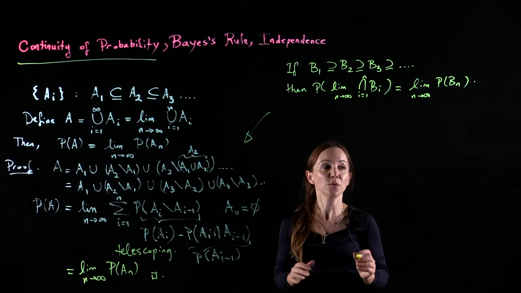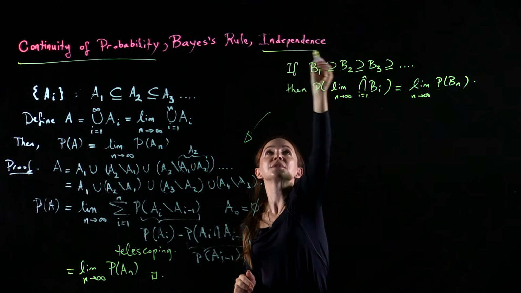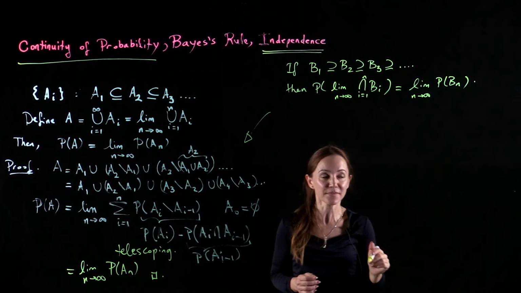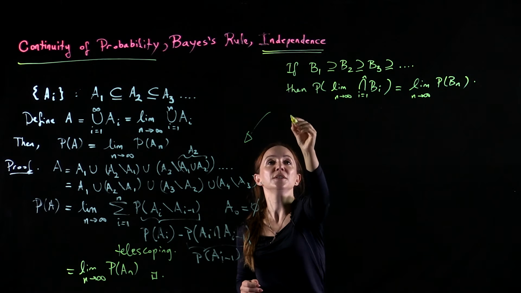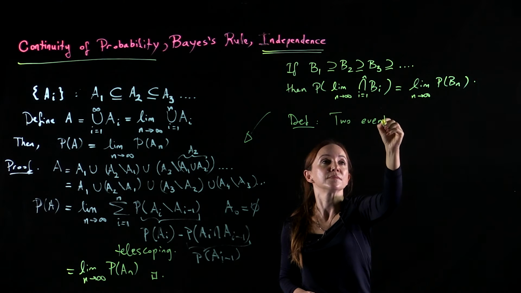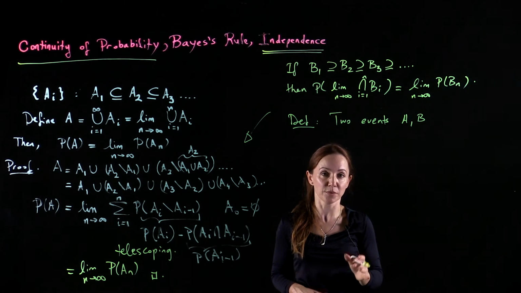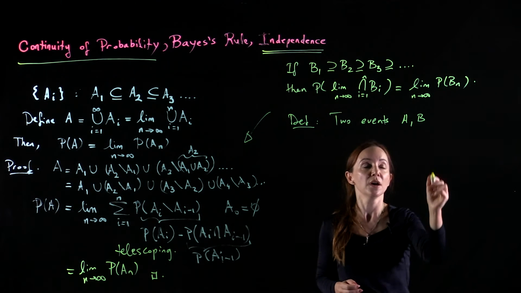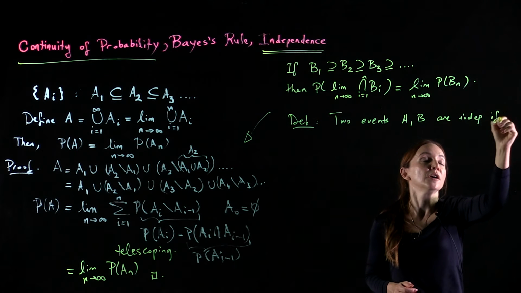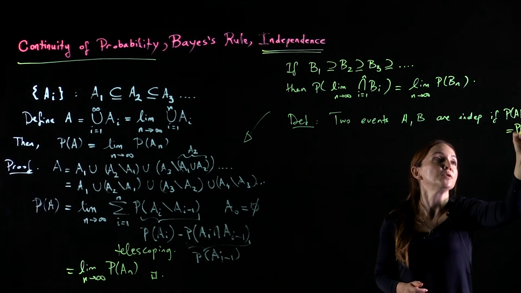Okay, now next we'll define a very important concept in probability, which is independence. Okay, so definition. Two events, A and B, defined on the same probability space, are independent if and only if the probability of A intersection B is equal to the probability of A times